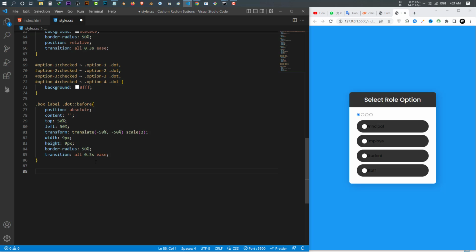Okay, after that I have to do something. I have to put a before for each of these options. Okay, I have to put it for each one. How can I do this? Just copy this line of code,